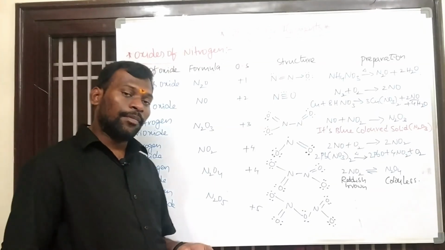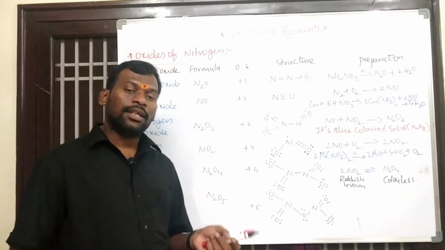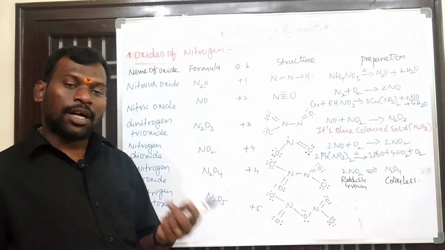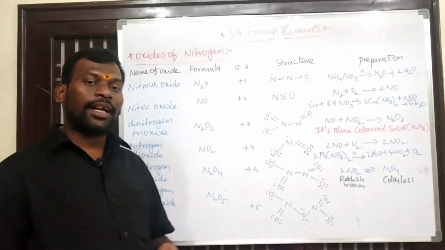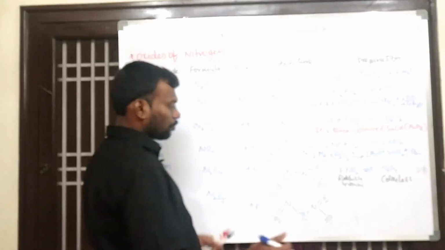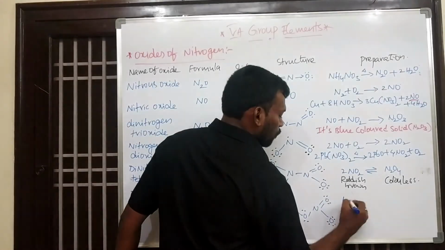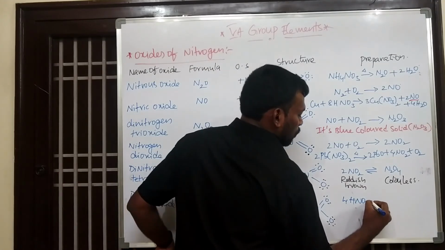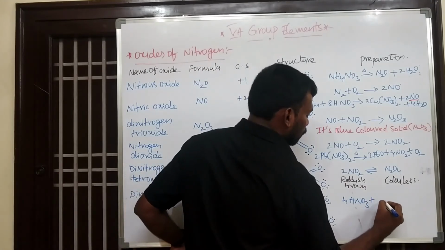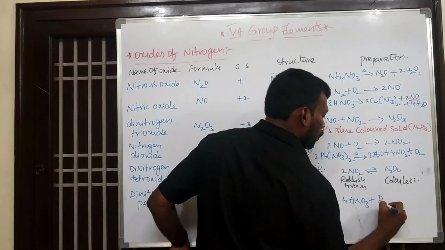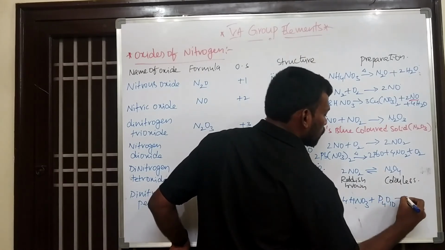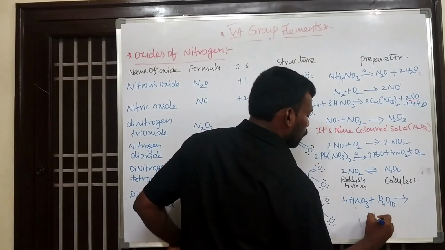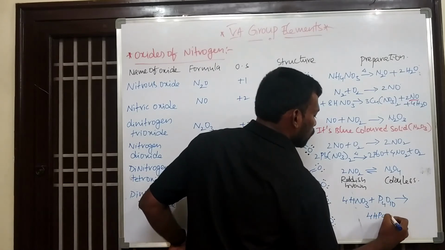Like I said, when nitric acid reacts with phosphorus pentoxide, it forms dinitrogen pentoxide: 4HNO3 reacts with P4O10, phosphorus pentoxide, to form 4HPO3 plus